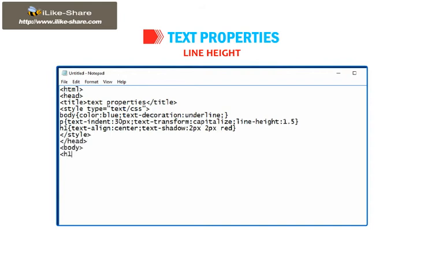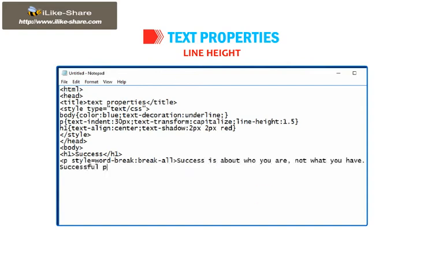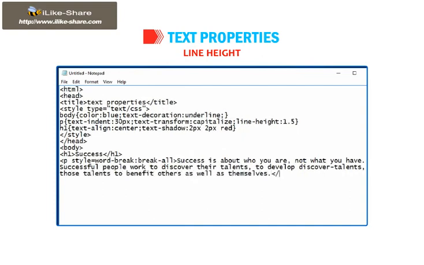Body H1 success /H1. P style equals to word break break all. Success is about who you are, not what you have. Successful people work to discover their talents, to develop them, and then to use those talents to benefit others as well as themselves. /P.